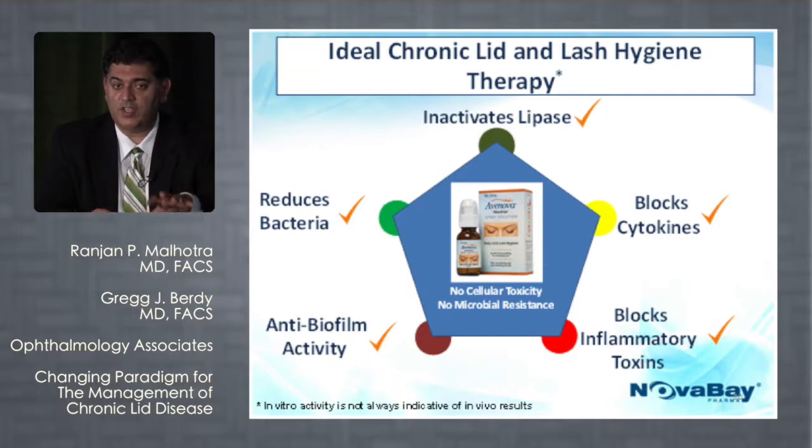But using it in the acute phase when there's a lot of inflammation, obviously using steroids is helpful. But using Avenova as an adjunct and using it long term is safe, but also effective. And I think that if you've had experience using the topical pharmaceuticals like Xiidra or Restasis, if patients have lid disease, over time, off-label, patients' lid disease improves also as their ocular surface improves. But I think using something that addresses the eyelid, something such as Avenova, works very synergistically with pharmaceuticals like Xiidra